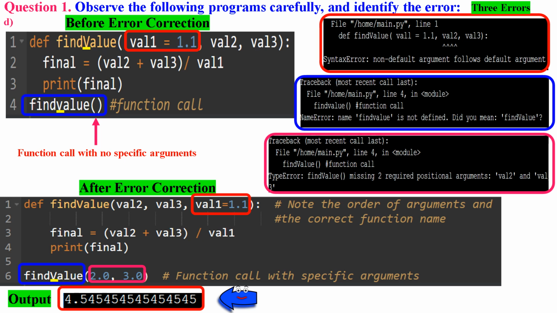Now, look at the Python code after error correction. In line 1, we can rearrange the order of function arguments so that non-default arguments come before default ones. So line 1 becomes def findValue of val2, val3, val1 equals 1.1, colon. In line 6, let's fix the function name to match the one we are calling, findValue, capital V instead of